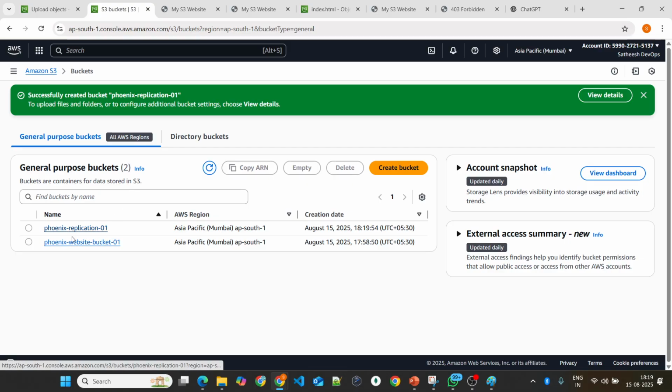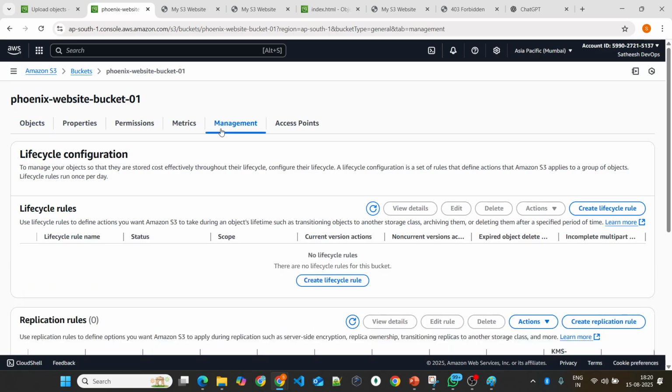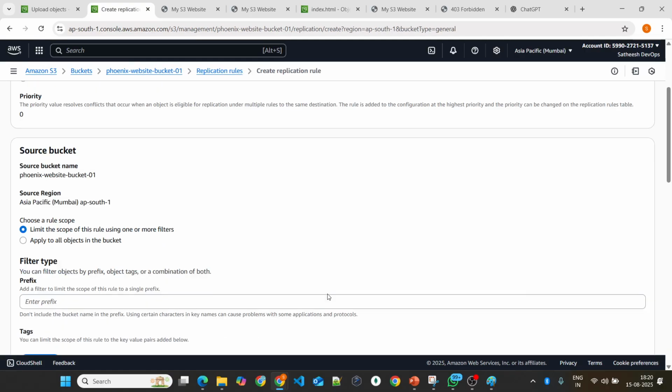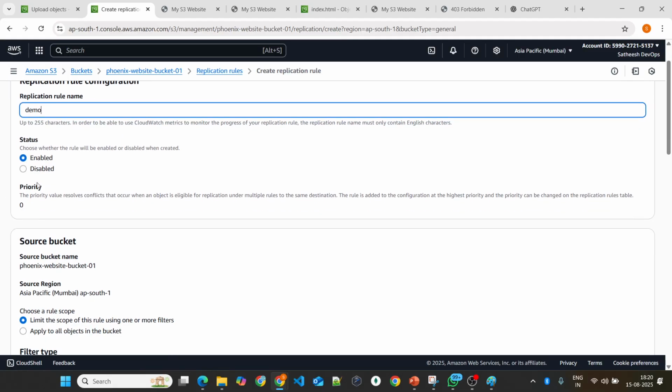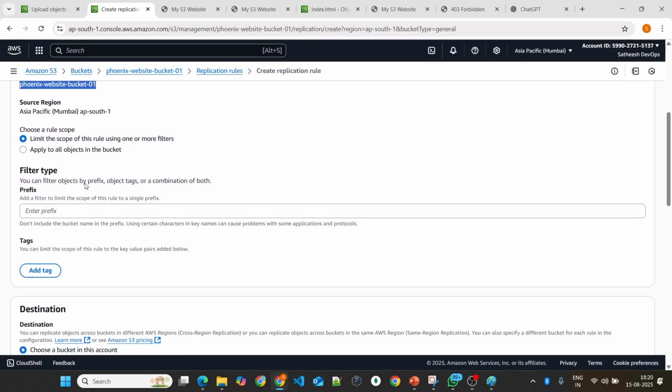Now you see, I have my primary bucket, website bucket -01, and the secondary bucket is this one. So what I will do is go to this bucket, and if you go to the management side, you will have something called replication rules. I will create this replication rule, name it demo, and the status is enabled. The source bucket is Phoenix website hyphen bucket hyphen 01, and then I'm not